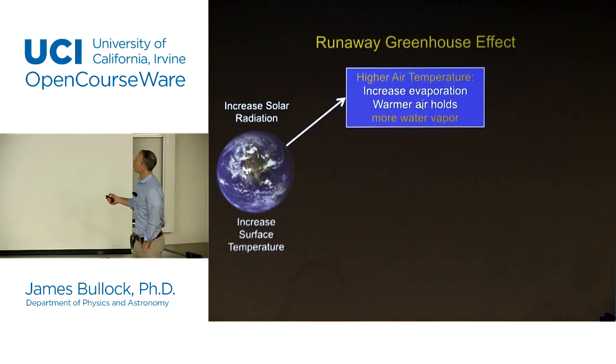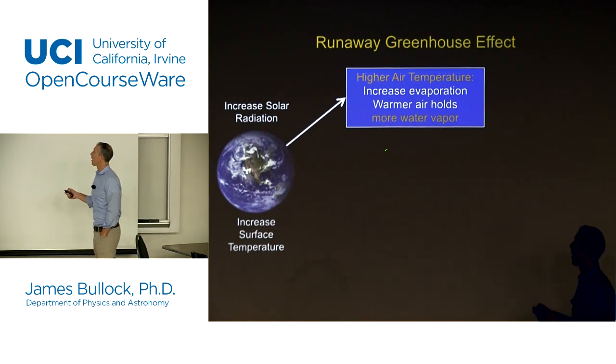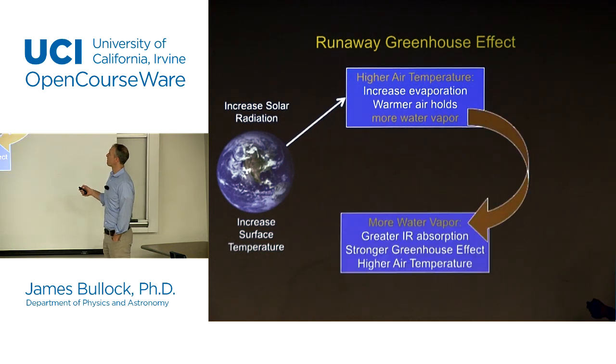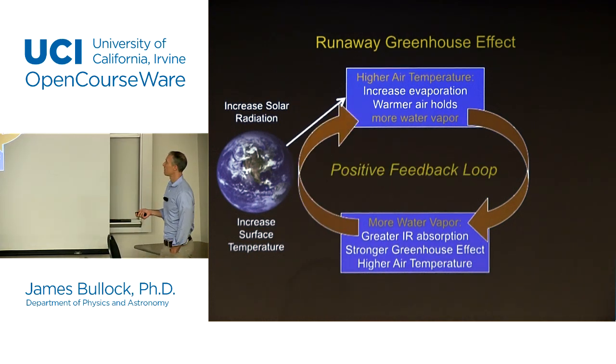You have higher air temperature that increases evaporation, and the warmer air holds more water vapor. If you get more water vapor, you get a stronger greenhouse effect, for example, and a higher air temperature. So over a short period of time, if you turn your atmosphere into steam, it can really heat up your planet. If this happens very, very rapidly,